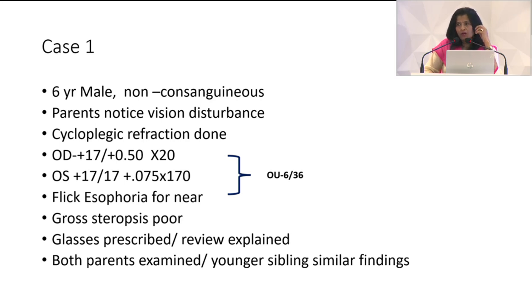So this child, although had very high hyperopia, was not corrected initially, had nystagmus, and gross stereopsis was poor. The pediatric ophthalmologist was astute to pick up the difference in the contour of the cornea. All he could say was, it looks oval shaped. If you see the frontal picture of both the corneas, you would see that these are very